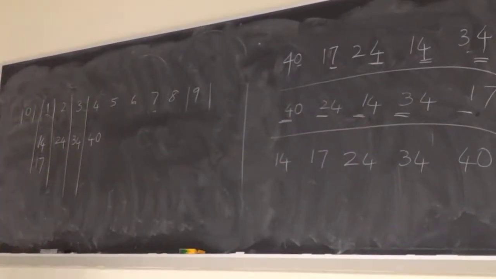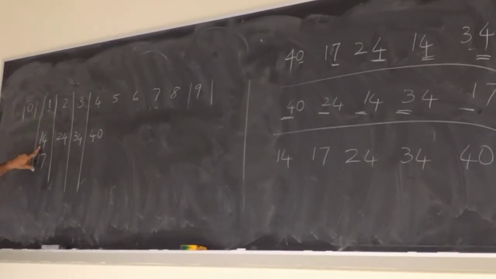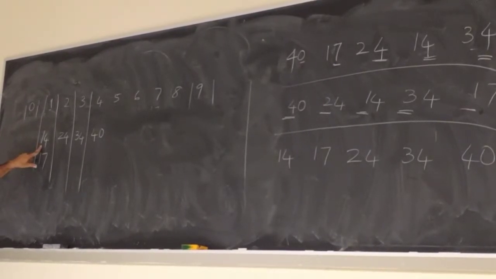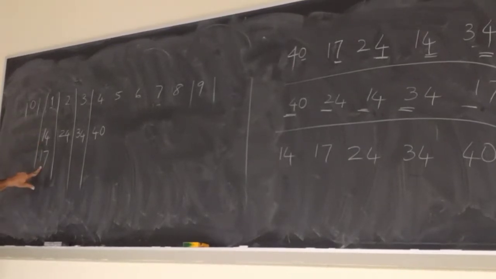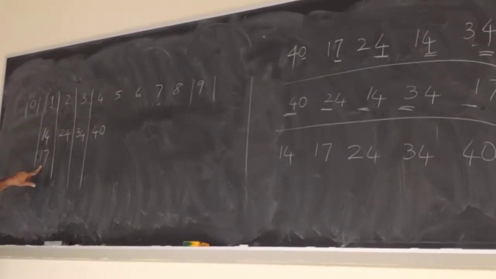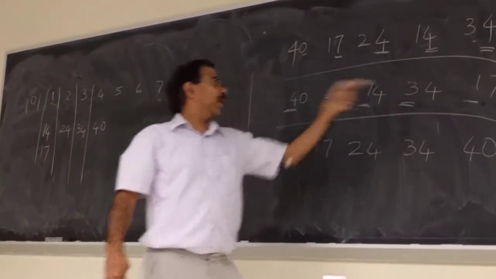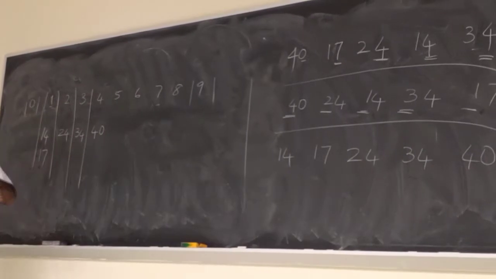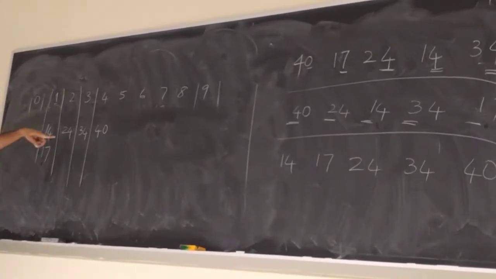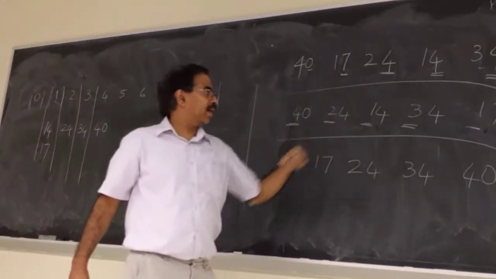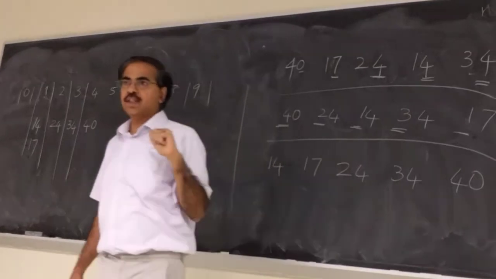That order is not being disturbed because you scan 14 first and put it into this bin. So the 14 will be occurring first in this bin, right? And then you come to 17, then 17 goes into this bin. So the original order in which elements were put into this bin, the original order in which you have the numbers there is preserved among elements that have the same first digit,